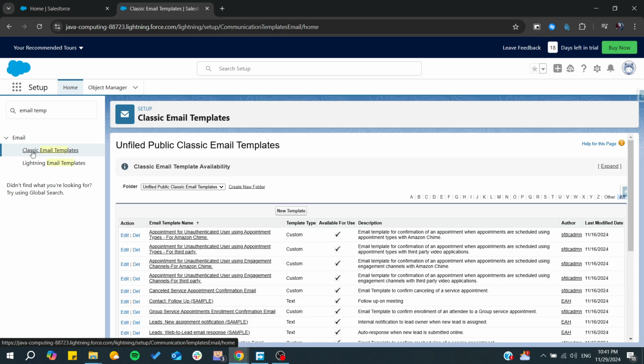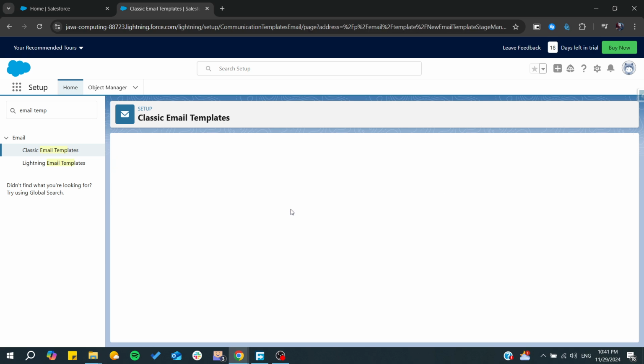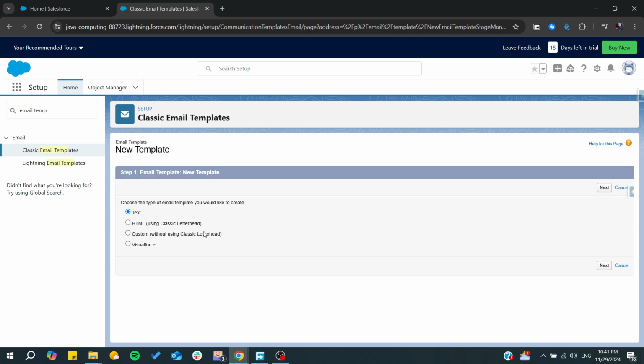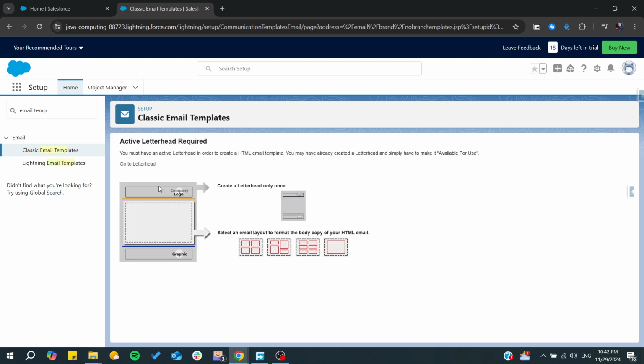And after that, we will find the choice of having a new template. And simply you need just to click on new template. And from here, you can use whatever you like. So either you can start creating templates using the text or HTML or just with Visualforce. So let's suppose that you want to create templates using HTML, you need just to click on next, and